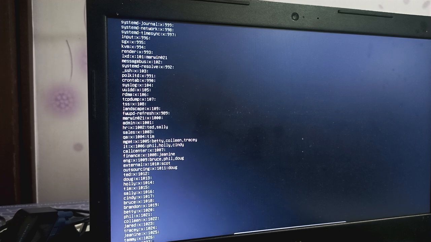Excuse me. I want to show you if the groups have specific passwords.